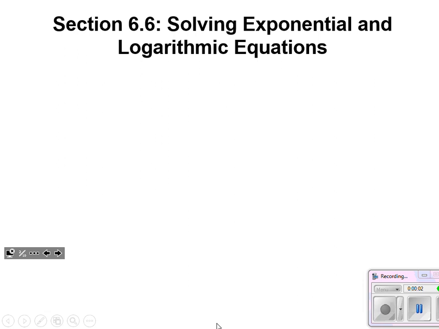Welcome to Algebra 2. Today we've got section 6.6, solving exponential and logarithmic equations. All right, now we just got done going through section 6.5, which covered a lot of properties of logarithms, and we've discussed properties of exponents. You covered them a lot in Algebra 1, so we took a lot of that prior knowledge and built upon